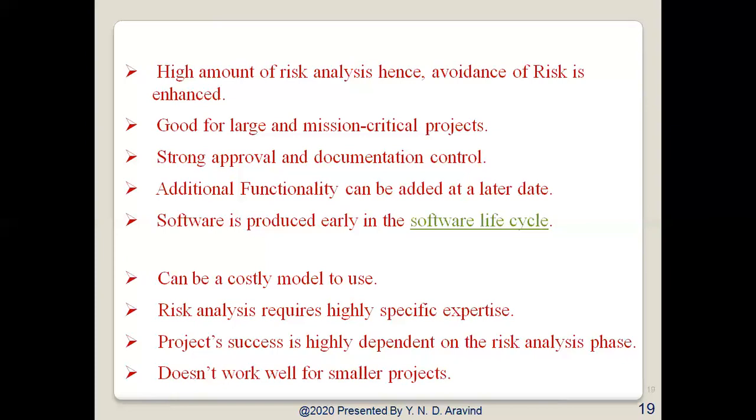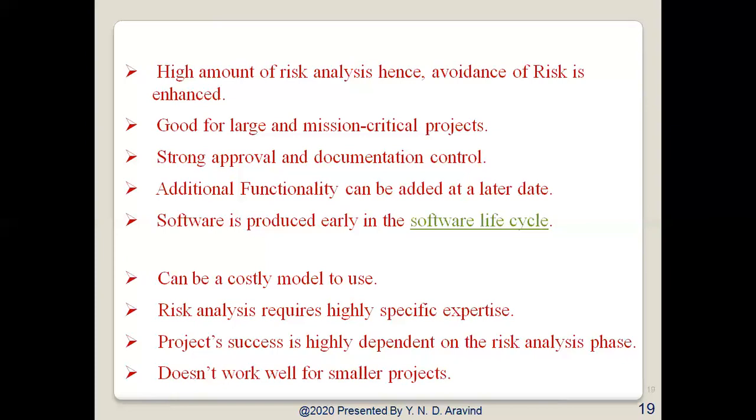Where minimizing resource consumption has less priority, we can use this spiral model. When the project manager is highly skilled and experienced, we can go for the spiral model. When a high degree of accuracy is required, in such projects also we can go for